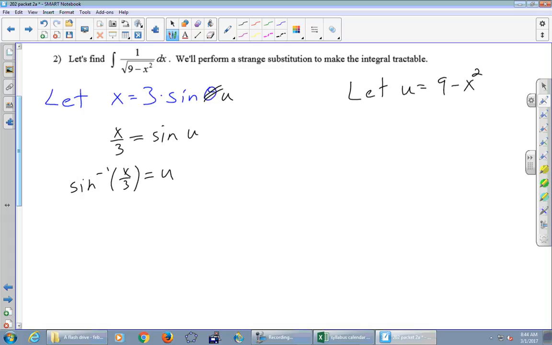Right, that's what I could have started with. Let u equal 9 minus x squared. Okay, that's not going to work. Let u equal inverse sine of x over 3. I don't know why, but it turns out that's going to work. But it's the same idea, right? It just turns out to be much more useful to write it in this form that's up here in blue, but it's equivalent to a standard let u equal thing that we've been doing for a while. Okay, so let's get rid of all this stuff here